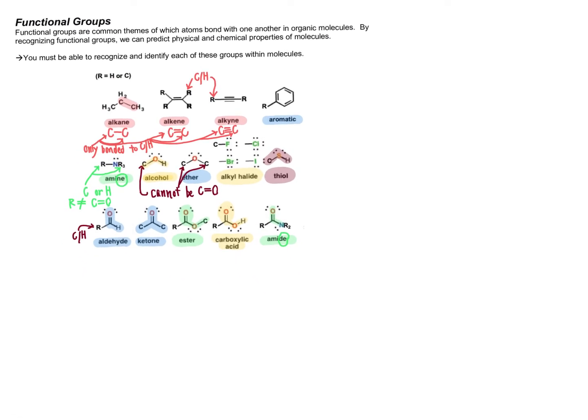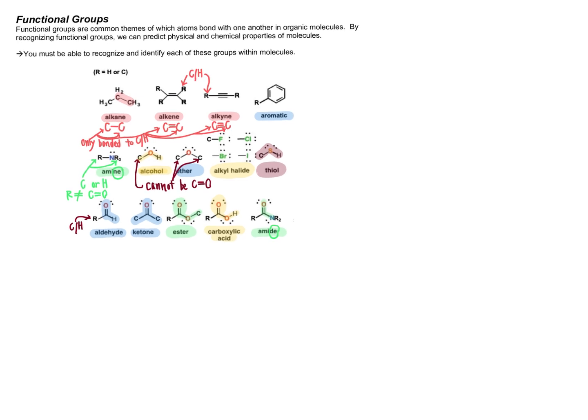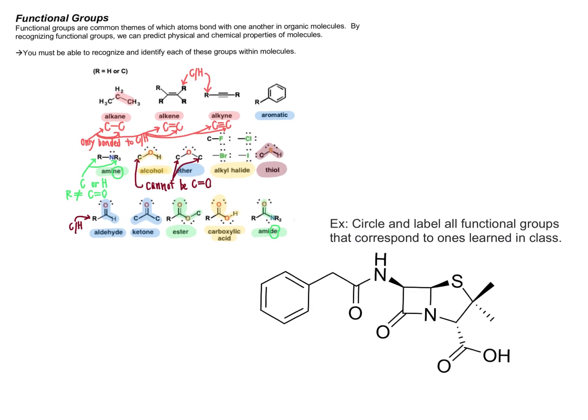We are going to go back and return to our penicillin molecule for this example. So I've brought in the structure of penicillin G, one of a variety of different derivatives or closely related structures to the original penicillin, where what we aim to do in this penicillin structure that we see here is to identify all of the functional groups that we can based on the list that we learned here in the upper left-hand corner. So taking a look at how we go about doing that, we will look for common motifs that